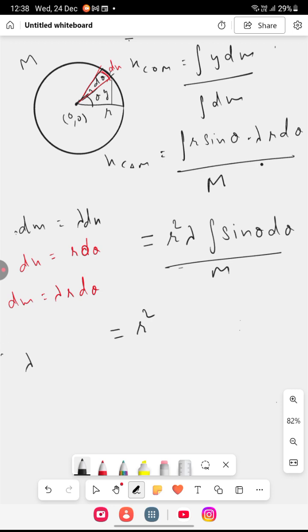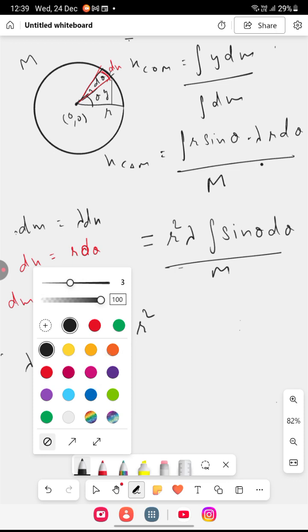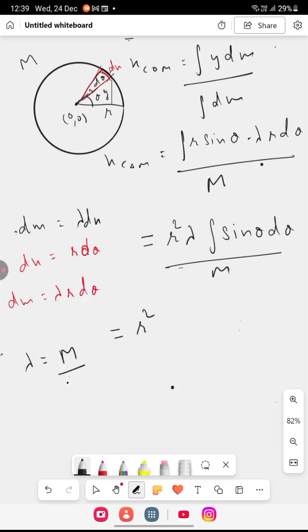We know lambda is mass upon length, so mass is M upon 2 pi r. 2 pi r is the circumference of the circle. So putting the value of lambda as M upon 2 pi r, solving it we get